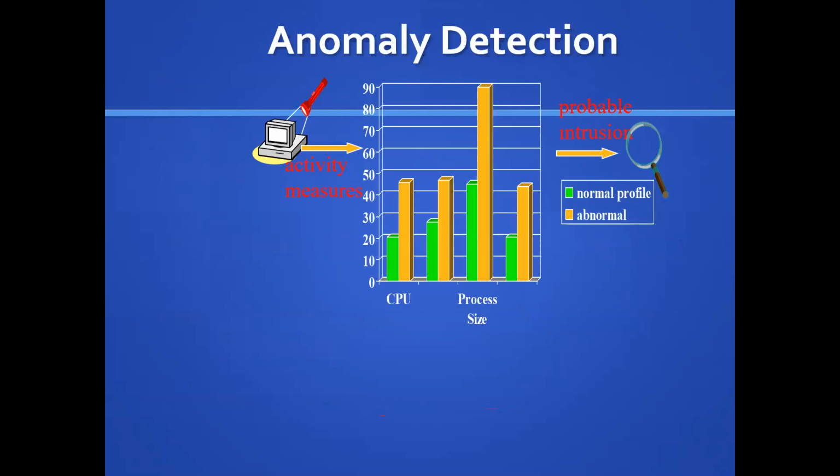So you can see that here with an example. CPU process size, or activity, how many processes you have active, and then usually you have this, and then one day you have a spike like that, right? So that's definitely, maybe not probably an intrusion, but probably at least an anomaly, right? It's certainly something that might require a little further studying, basically. So that's really the idea.